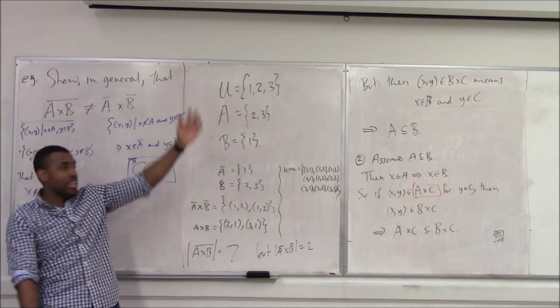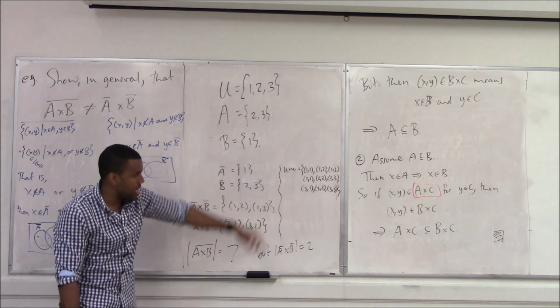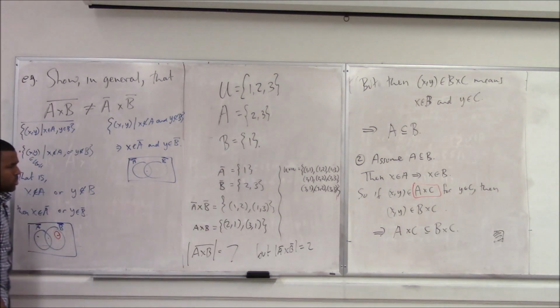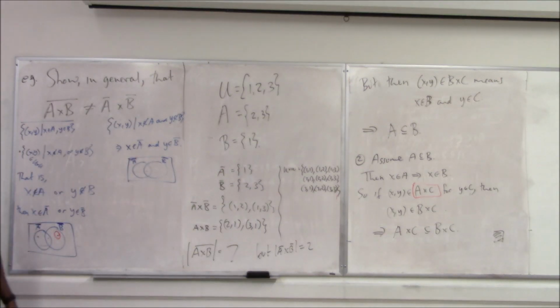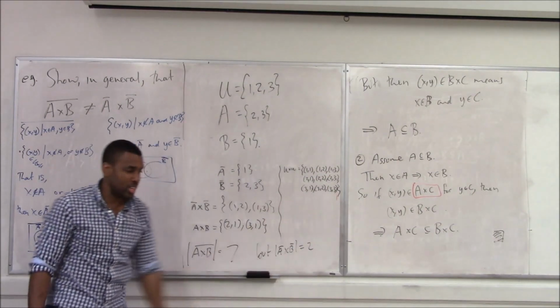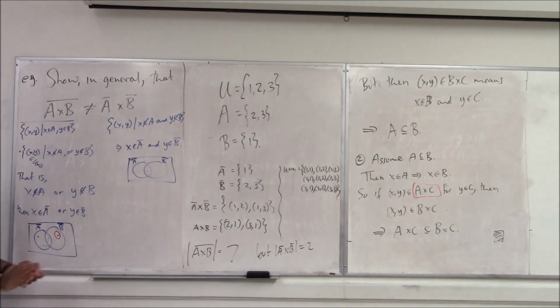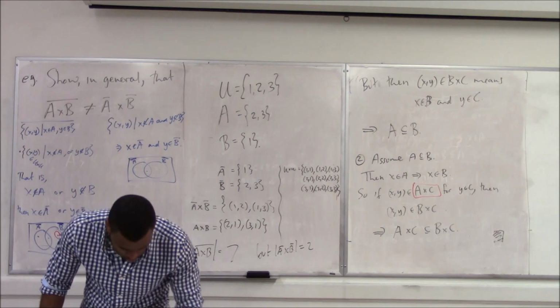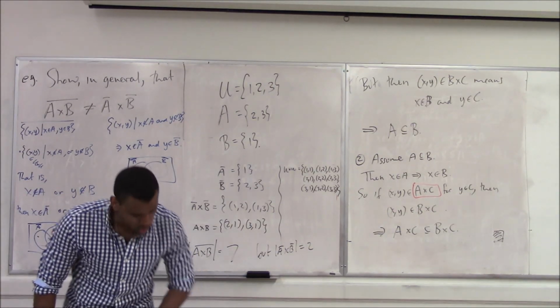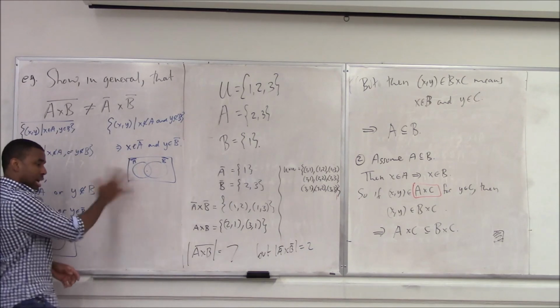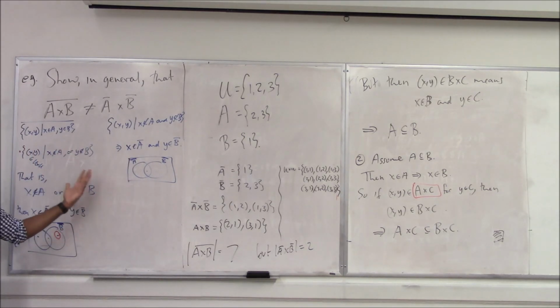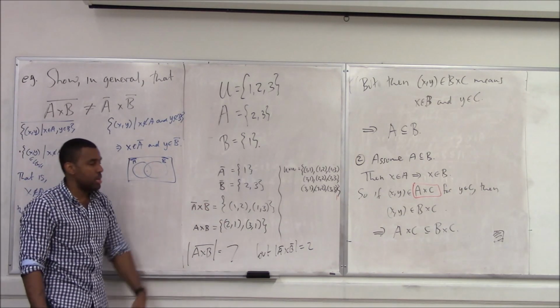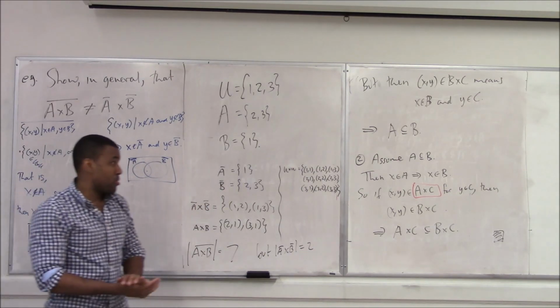Don't just go all the way, especially when you have things where they can alternate like this. You don't want to spend too much time. You don't want to have to write out like 64 coordinates. That's going to take too long. But we'll stop there. We'll pick up next time. We'll do one more example of this, and maybe I'll have one of you describe how you'd prove this in general if you don't want to do an example. And then we'll talk about proof by contradiction